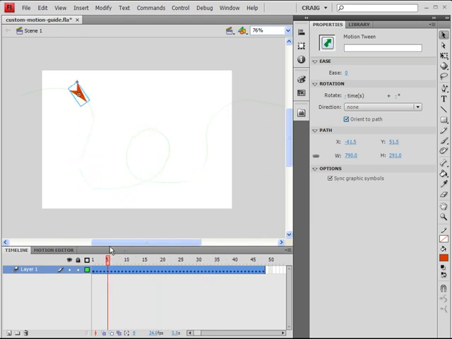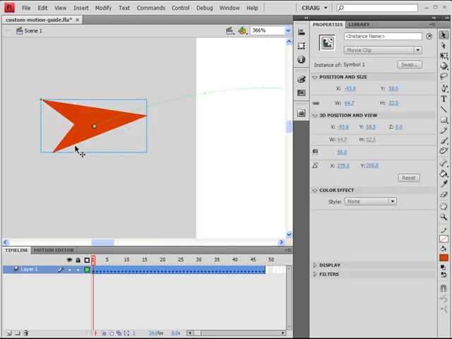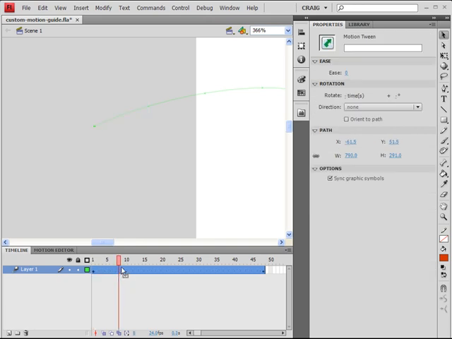and we can actually fix this by going to the beginning of the animation. Let's zoom in, and at the very beginning of the animation we want to take our object and rotate it so that it's facing in the right direction. So let's hit Control Z to undo this Orient to Path that we've already created here. So we'll hit Control Z a couple of times until we see that it's no longer orienting to path,